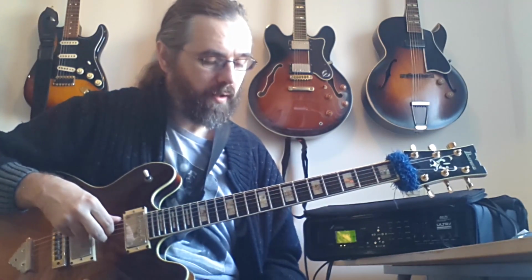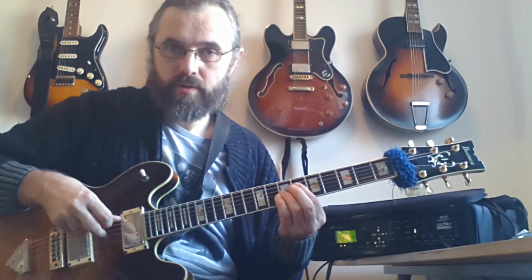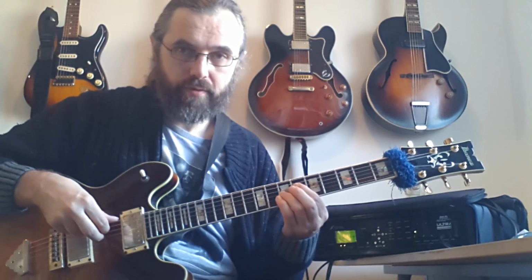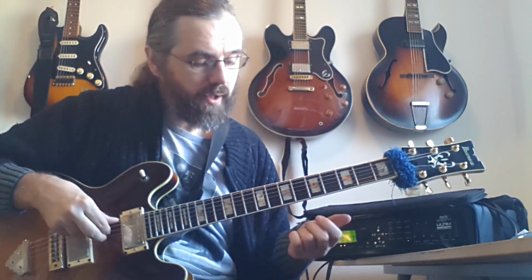So that would be sort of going through a chorus, and the target notes that I use, they're pretty much, in this case, the 3rd and the 7th for all the chords except the diminished chord actually. So what I'm doing now is,